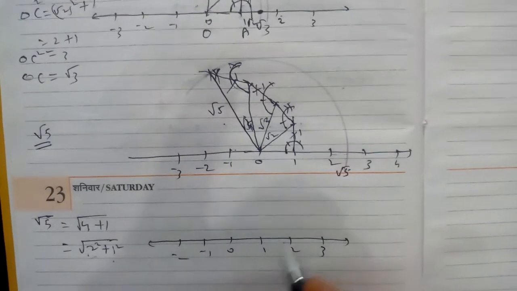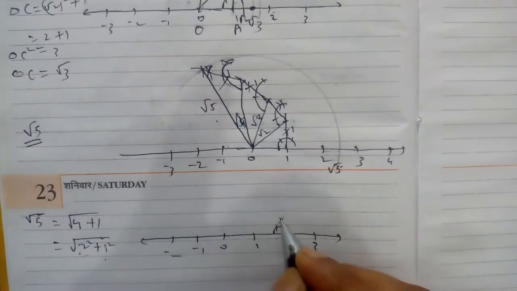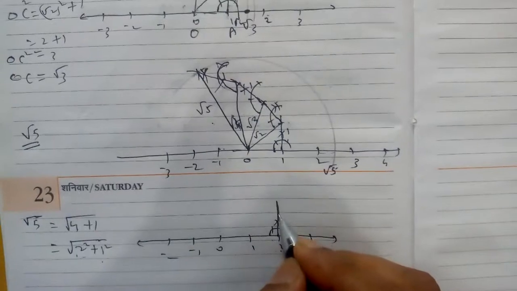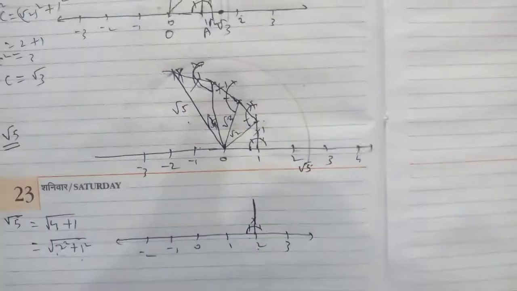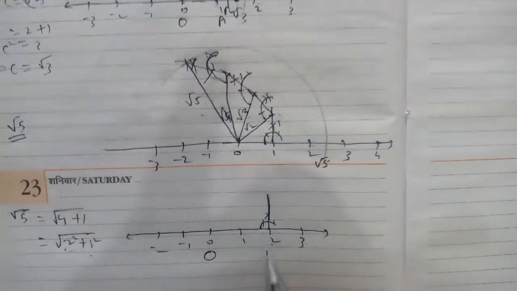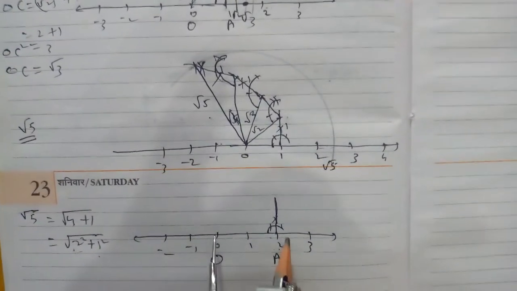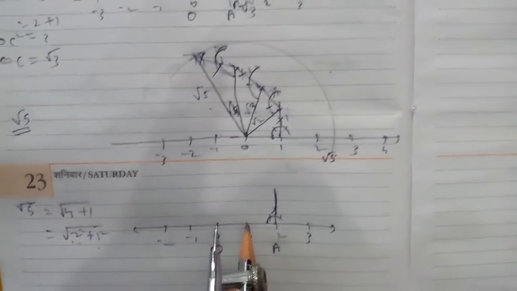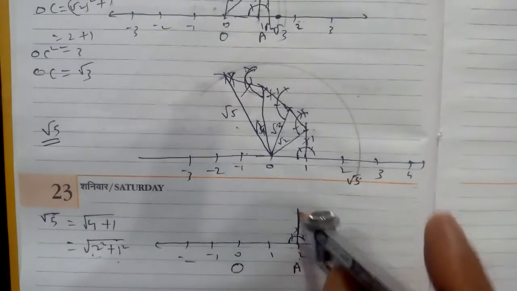So here you are getting 2. At 2 you draw a 90 degree. This is the second method. At 2 you draw a 90 degree, but the cutting of this perpendicular will be only 1 centimeter, not 2. Here is 0, O, and here is A. From this you don't cut this part. You will take only 1 unit, and you cut from here 1 unit at this place.